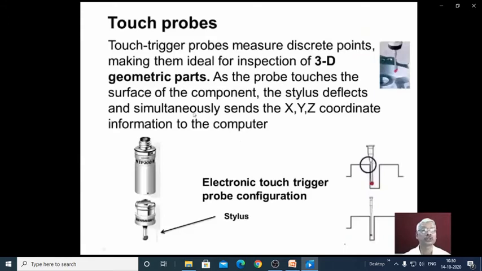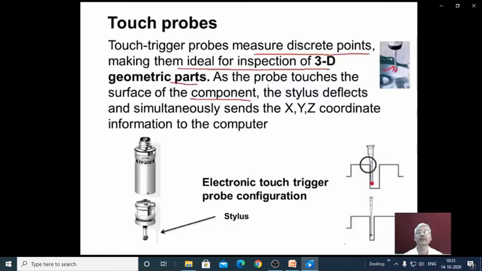Now touch trigger probes measure discrete points decided by the operator or the software, making them ideal for inspection of 3D geometric parts. As the probe touches the surface of the component, you can see here the probe moves and makes contact with the workpiece surface.